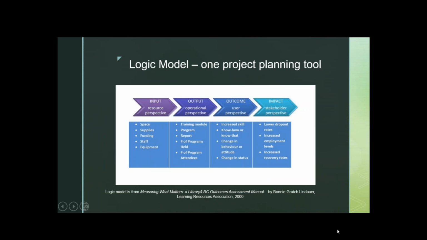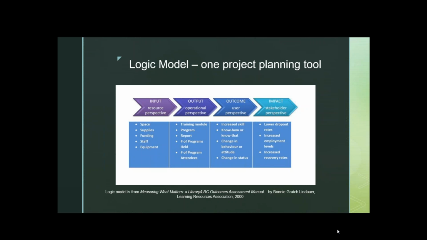We're going to talk about logic models as one way of pulling all of this together. And in many ways, you're at this point of the logic model when you're ready to get everything written down or in your computer saying this is what we're going to do with our project. And I like this image in the sense that it's very easy to understand and follow, but one thing I don't like about it is it implies that this is a linear process and you should start left to right.